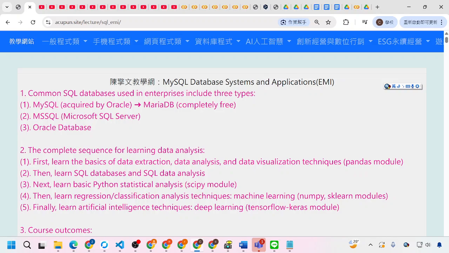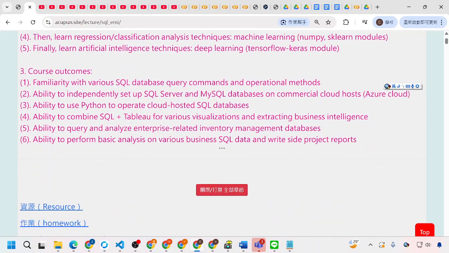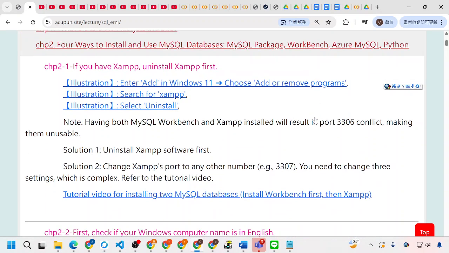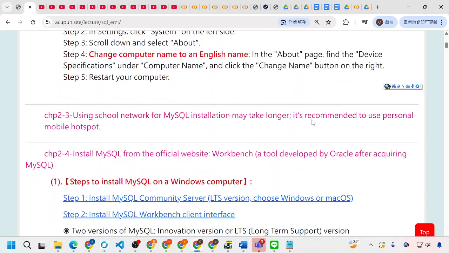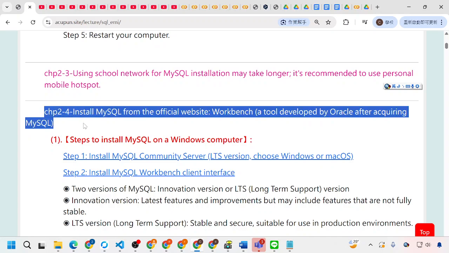The class is MySQL database and application. Our topic today is chapter 2, the way to install and use the MySQL database. We will install the MySQL package and Workbench. Before we do this, we will start from chapter 2-4, and you should go to